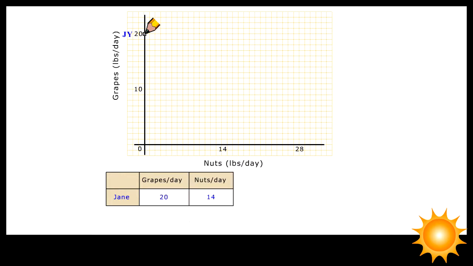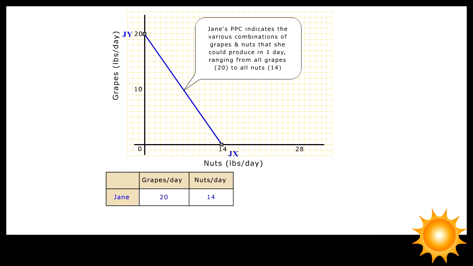One of them, Jane, can produce a maximum of 20 pounds of grapes per day, or 14 pounds of nuts per day. The linear production function can be represented by a straight line through the vertical intercept, 20, and the horizontal intercept, 14. This production function is commonly known as Production Possibilities Curve, PPC for short, or Production Possibilities Frontier,